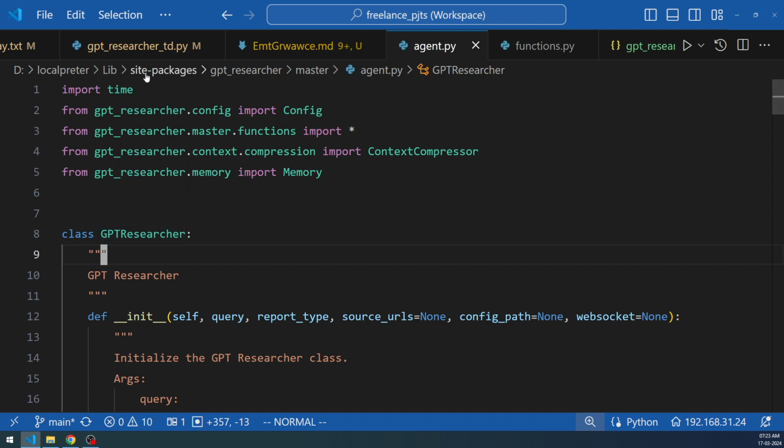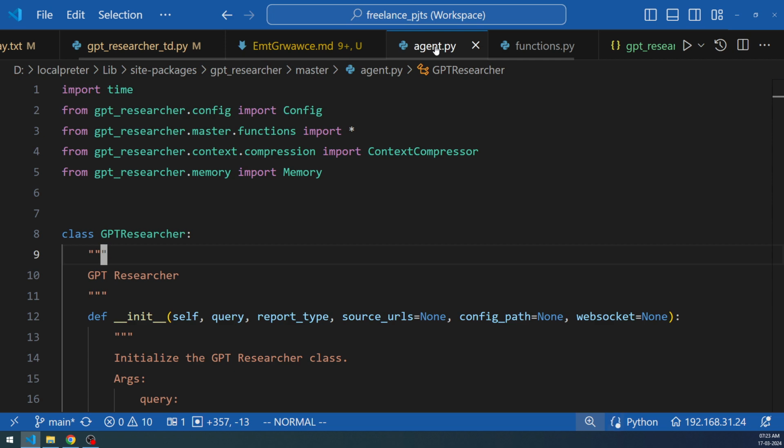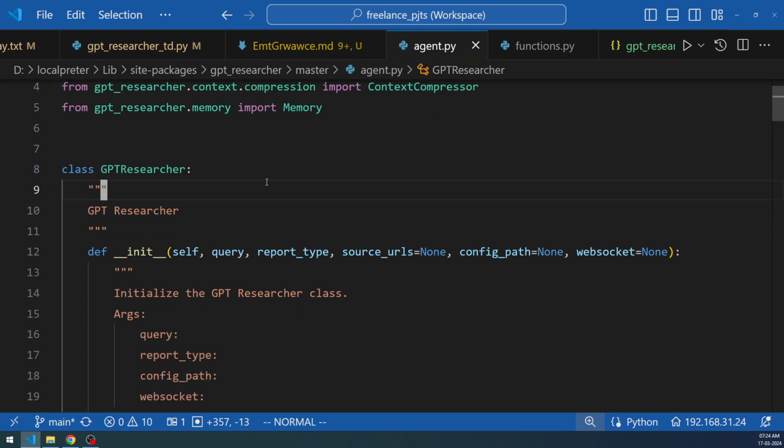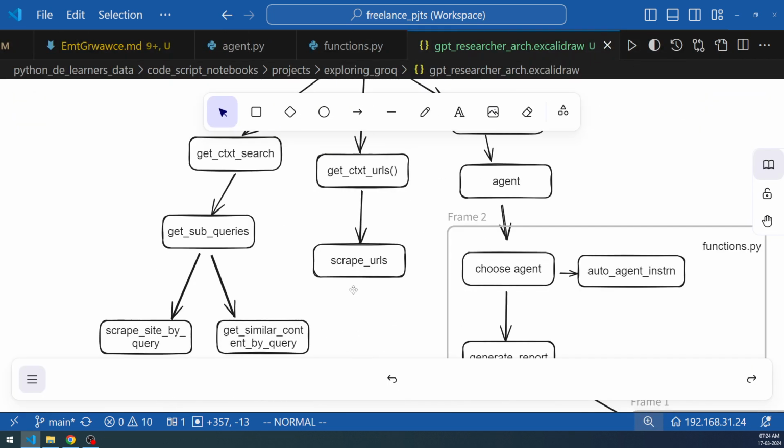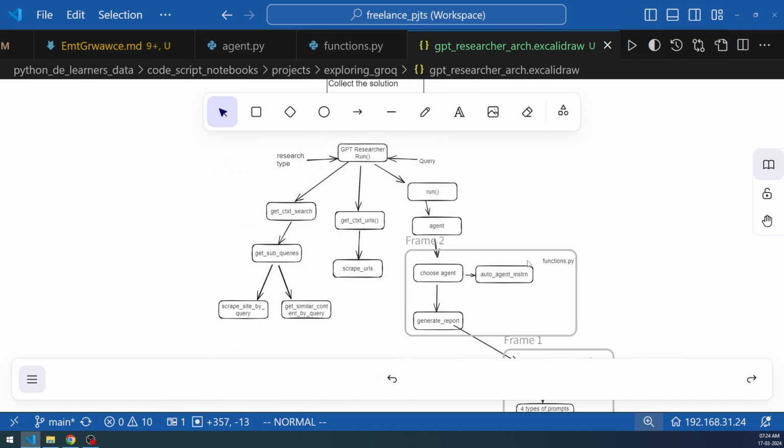Now that we know that the GPT-Researcher object that we have created here is leading to agent.py, we can walk through the code. So if you see here, I have shown you the entire code flowchart. That is the reason why I gave you the flowchart. Even the GPT-Researcher